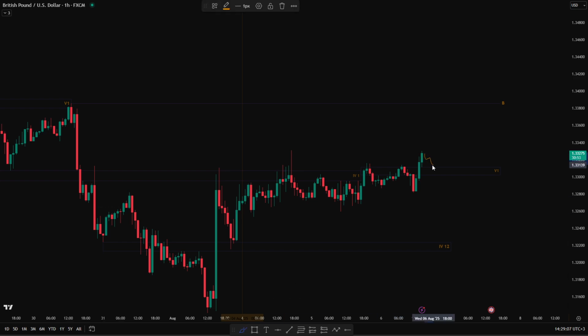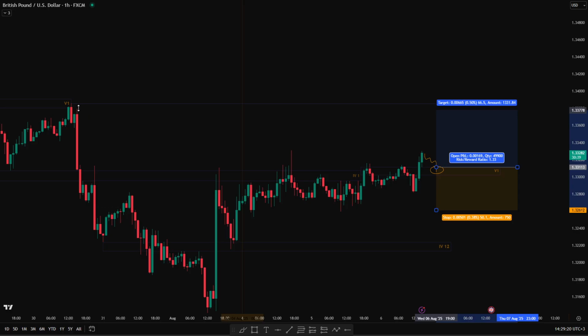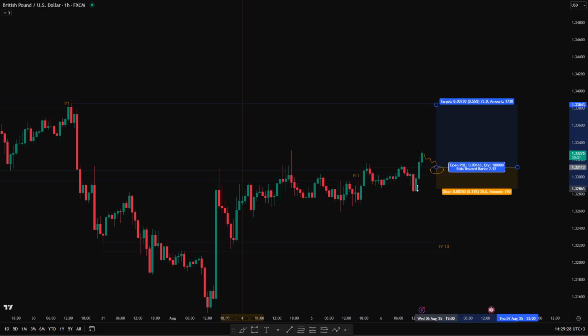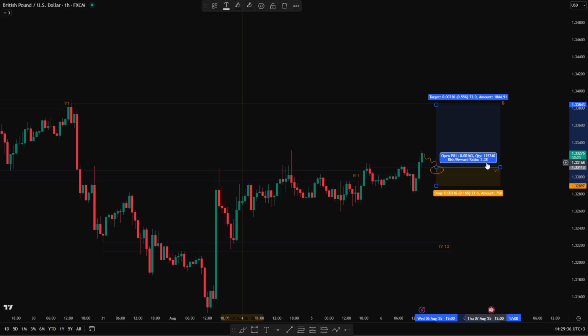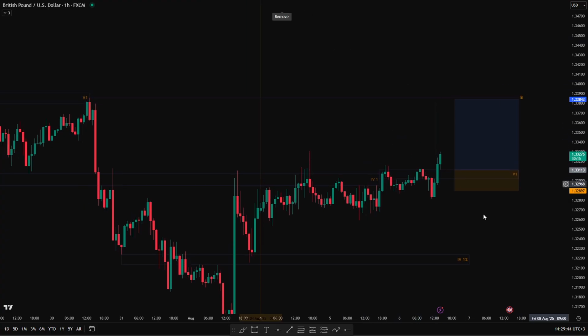I want to see price rotating slowly back into this point of interest, and then we will see if we can have any kind of reversal pattern. So maybe we can have a trade from here at this point of interest until this buy side over here, or even we can extend our TP till this buy side, and our stop loss need not be less than, let's say, this wick over here. It can be around this wick over here. So this trade could potentially be 3.38 or multiples. So let's see how this is gonna develop. We'll wait a little bit longer and see.